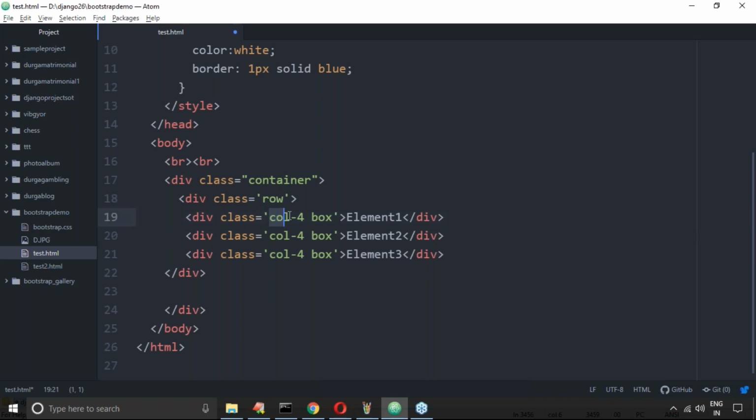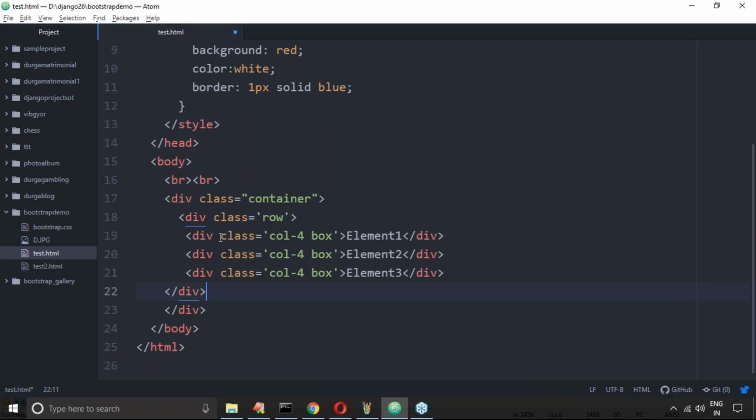Now this one is applicable for which screen? Please confirm. This one is applicable for extra small. If you set it for extra small, automatically by default it is applicable for all the remaining screens also. If you are not setting a higher one, automatically the lower configuration will be reflected for the higher ones. That's why for all the screens, whether extra small, medium, large, XL or double XL, it is possible.